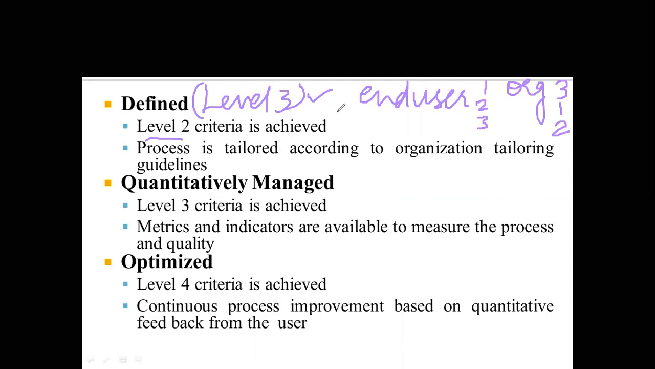That is, the end user is going to give specific guidelines or a set of features, that is 1, 2, and 3, whereas the organization is going to rearrange them so that they can work efficiently, or according to how they need to be assembled within the software. Then the next phase is quantitatively managed. Now this is going to be the